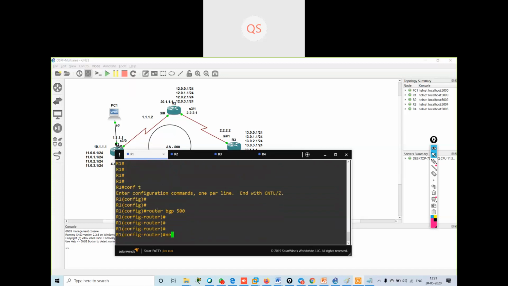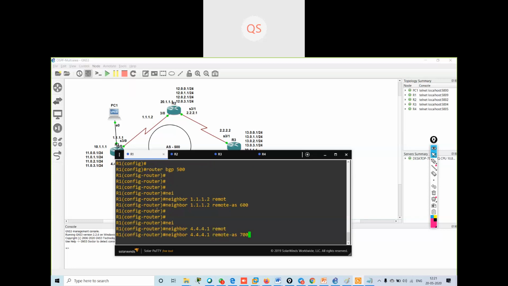I will say my neighbor is 1.1.1.2, and the remote AS of my neighbor is 600. Okay, the other neighbor is 4.4.4.1, and the remote AS of my neighbor is 700. Okay, then I will advertise the network